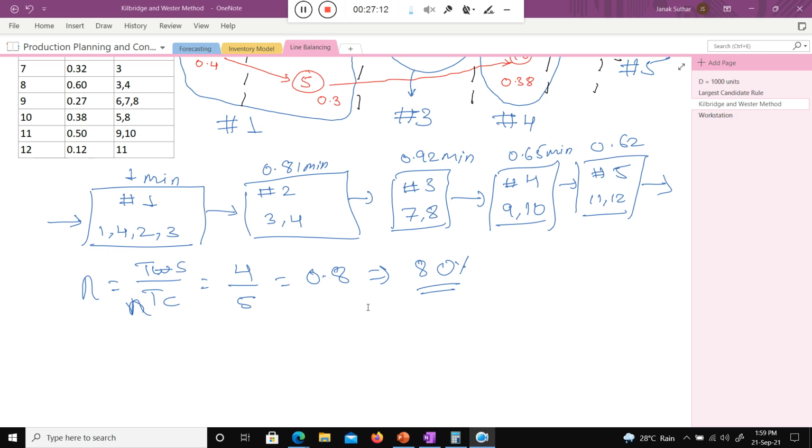How can you calculate the smoothness index? I discussed that in the morning session. There is one method to calculate it.